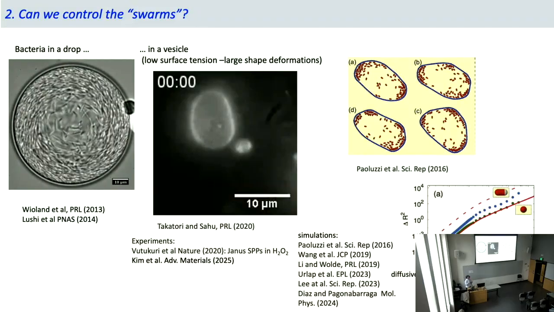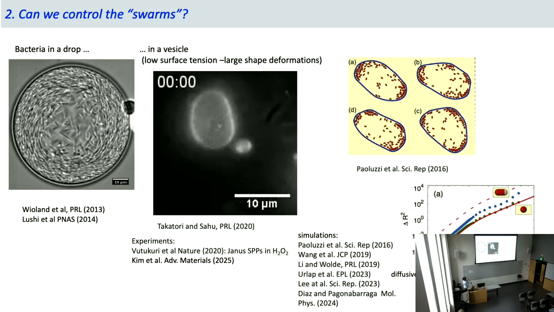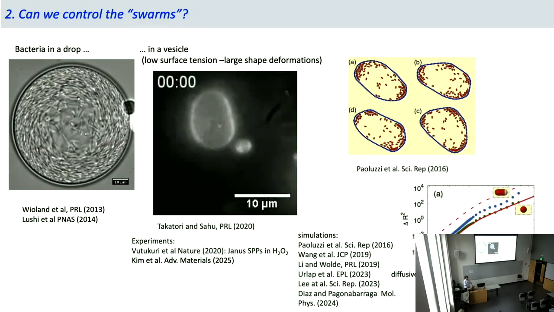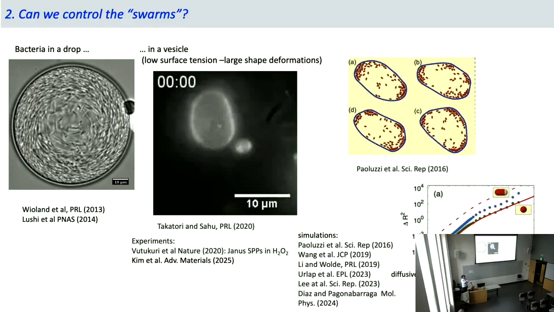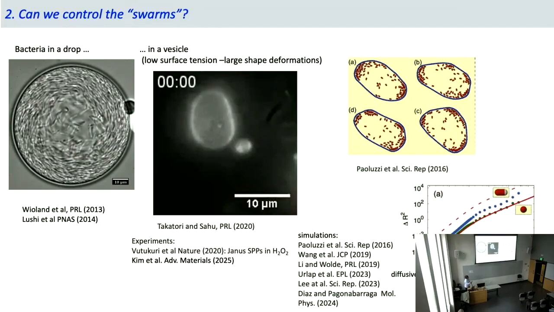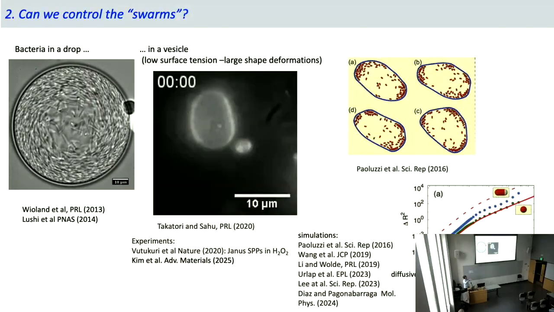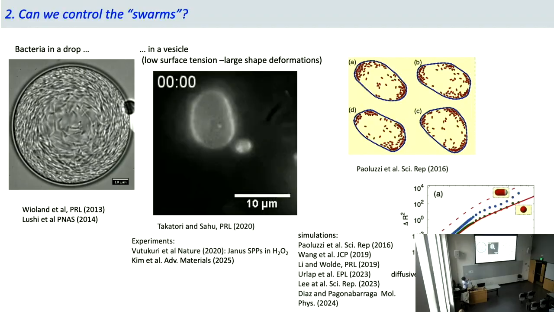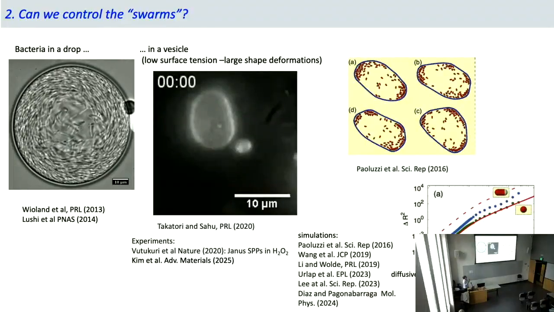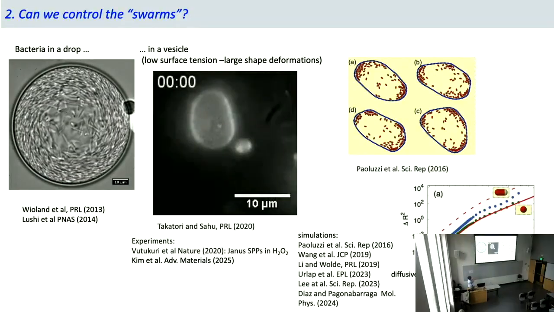So confinement in active matter is also important, because if you take bacteria and put them in a droplet sandwiched between two slides, it's kind of like a very fat liquid bridge. Remember that in unbounded space, bacteria were swarming. Now suddenly, in the presence of a boundary, they form a vortex. So boundaries do impact the emergent behavior.